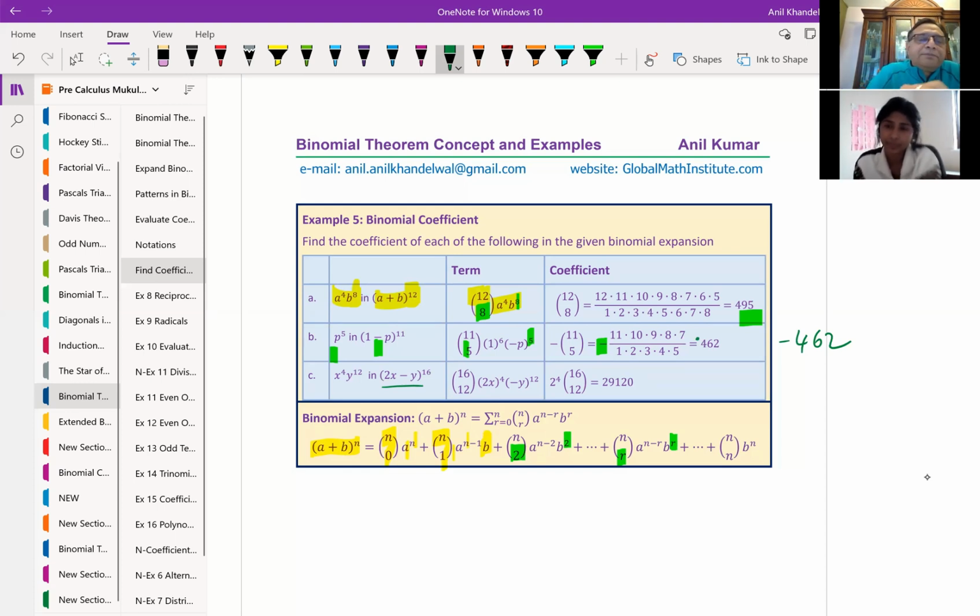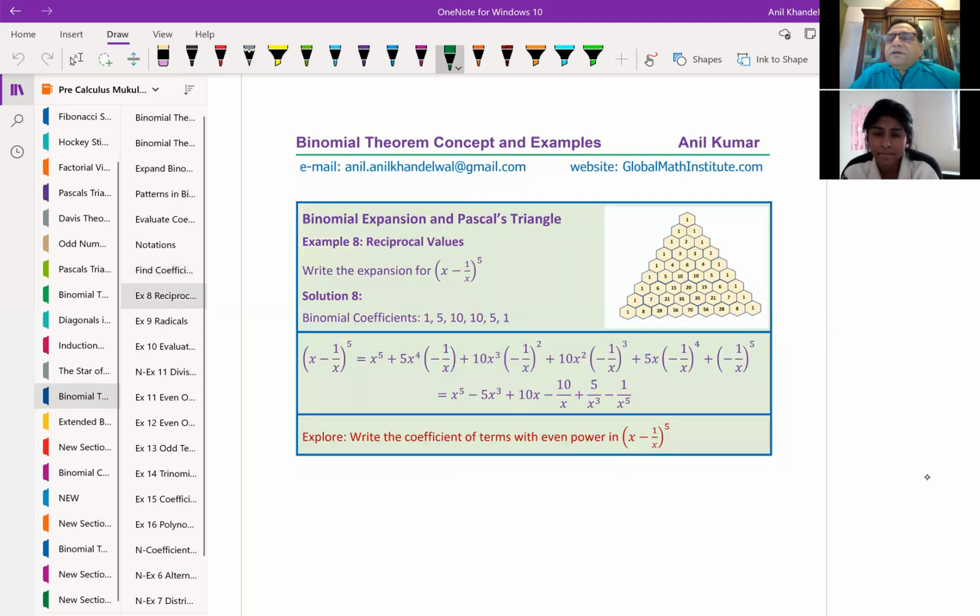Okay, so let's move on and take some more examples. In this case, I've used Pascal's triangle again just to connect. But in the example, I'm taking a reciprocal term, x and 1 over x. Clearly, when you multiply x and 1 over x, sometimes they can get cancelled. So we may have terms which are independent of x, correct? We may have terms which have